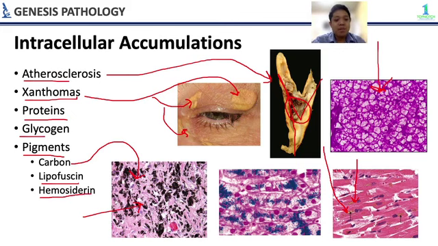And then lastly, we have hemosiderin. So for example, nagkakaroon ng iron overload sa katawan natin. When you take a section of the organ, so kunwari mga liver, ganon, magkakaroon siya ng super daming hemosiderin seen in this Prussian blue stain. So it stains iron kasi. So kita nyo, sobrang daming blue, which is an indication of iron overload.